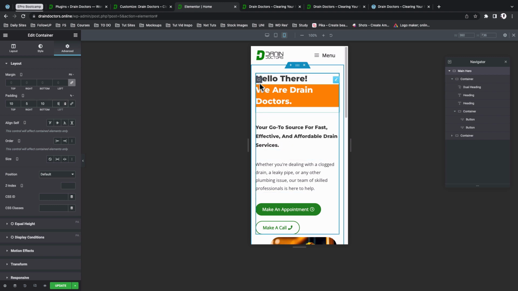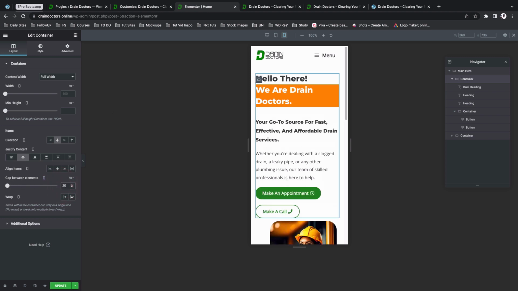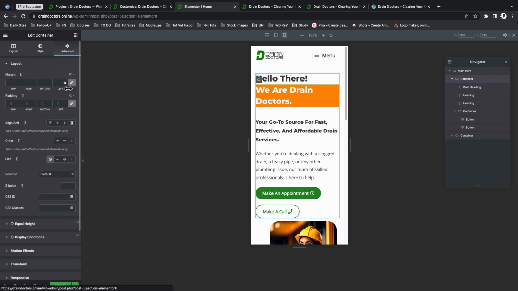Okay, and then I'm going to select the inner container, and instead of having the gap between elements to be 40, I'll make this to be a 20, and I'm going to add padding just down below here. So I'm going to select this container, come to advanced, unlink the values, I'll select the percentage sign. At the bottom, I'll add a padding of 5,